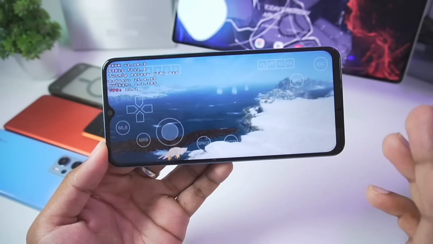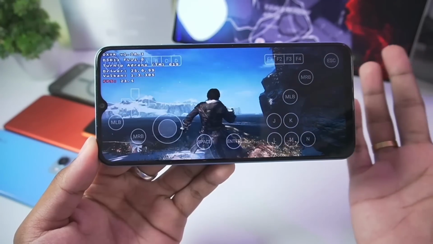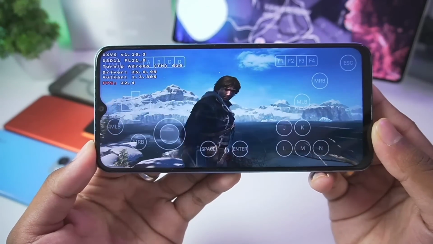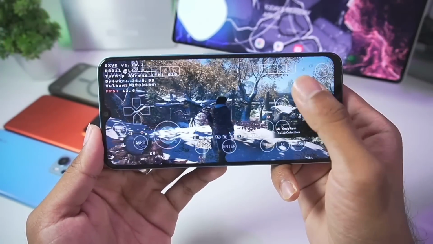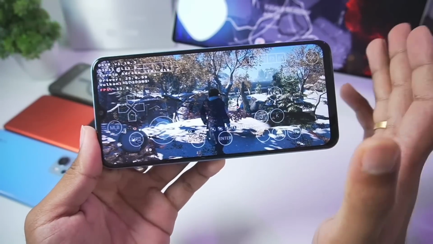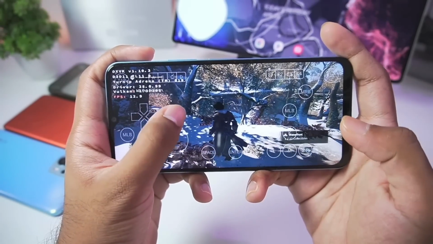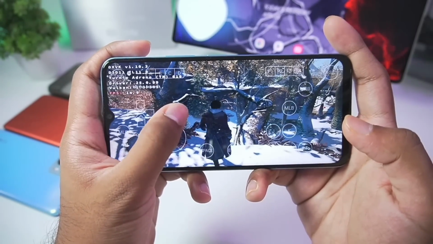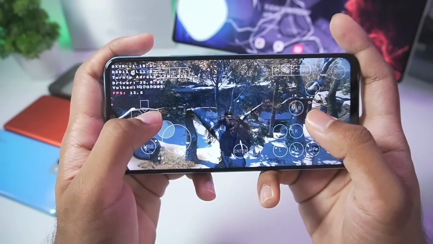I have never seen so much FPS in Assassin's Creed Rogue running on this low-end Android device. Once the scenes are not that demanding, the FPS is actually rising up. So here we go, our game has successfully started, and guess what guys, it did not crash. Winlator 10.0 is actually running through the Winlator Frost emulator and it is actually playable. You will be able to see we are getting about 14 FPS, which is not that bad at all considering